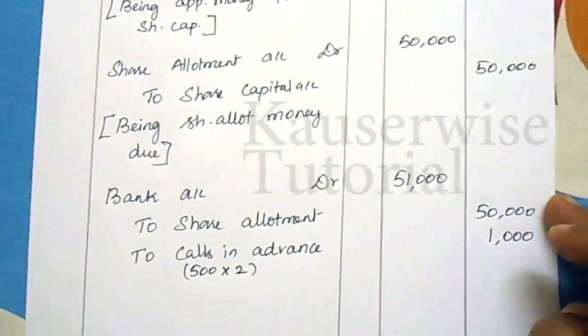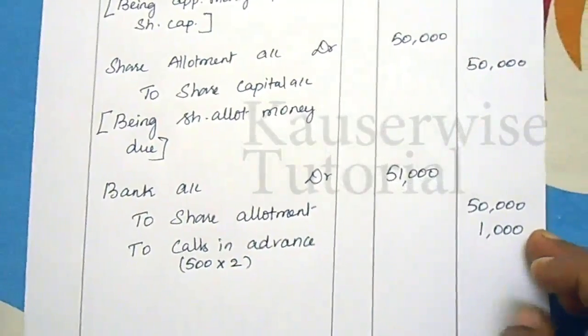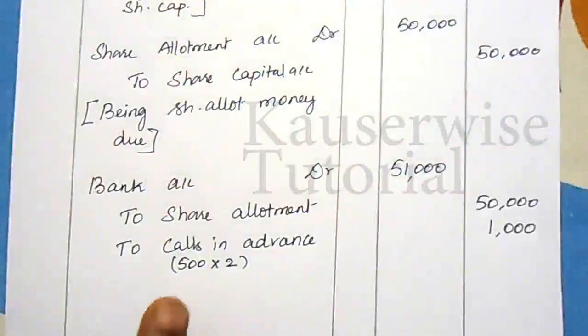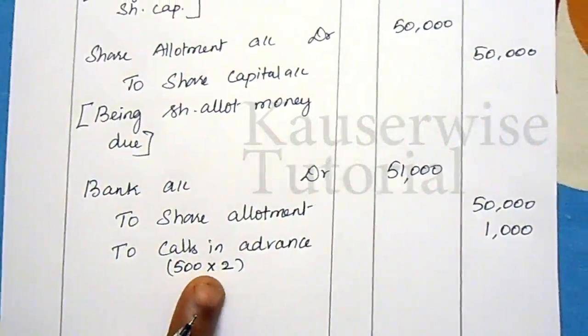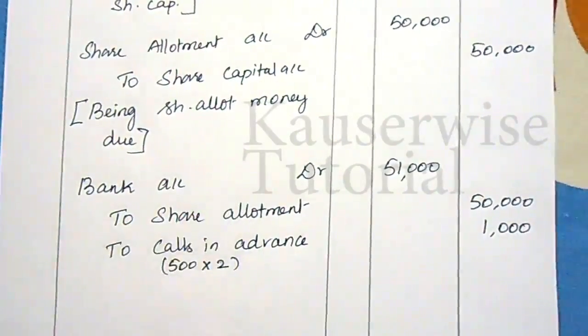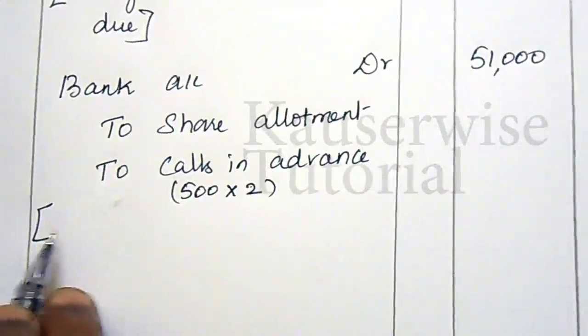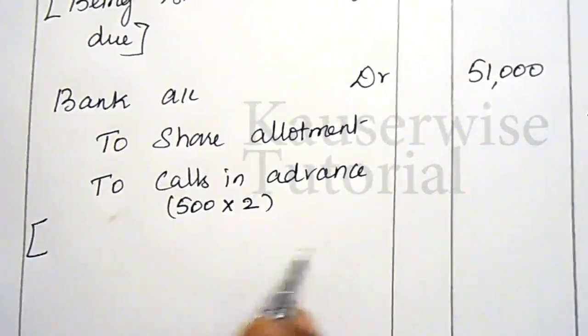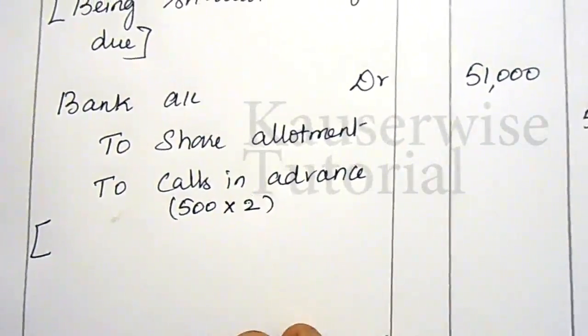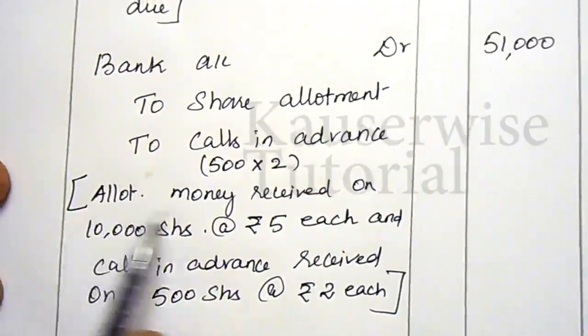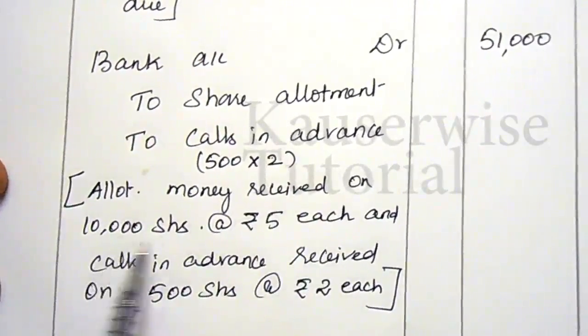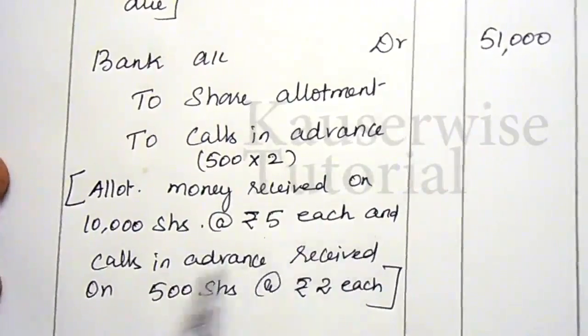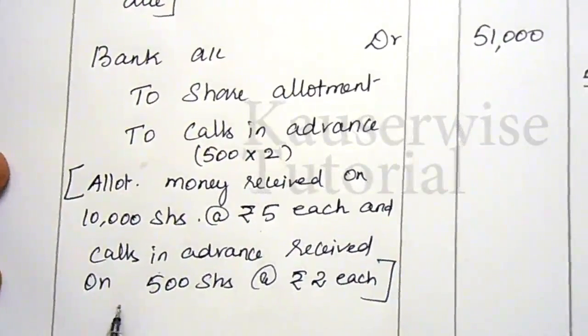50,000 is the actual allotment money, and the 1000 rupees is called calls in advance. This is the entry in case of call money received in advance along with allotment. Write the narration: allotment money received on 10,000 shares at 5 rupees each and calls in advance 1000 rupees. See the narration: allotment money received on 10,000 shares at 5 rupees each and calls in advance received on 500